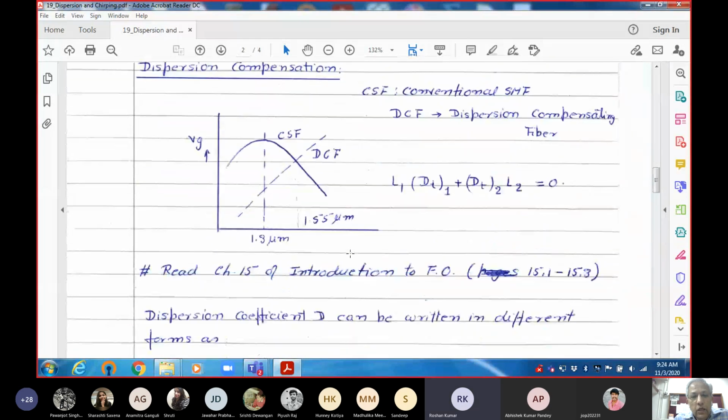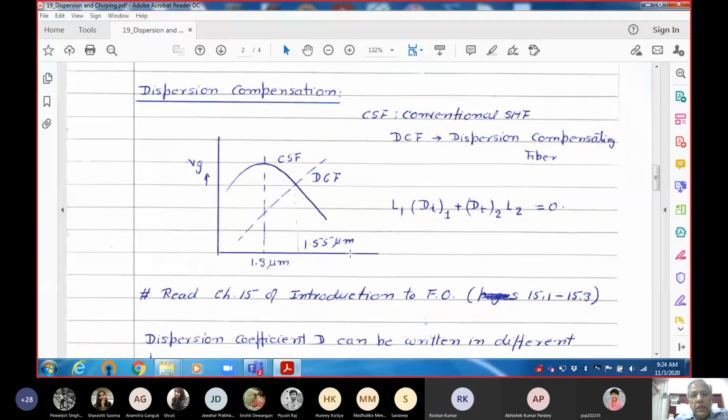So, as I told you, in the second generation, I mean in the 1990s, single mode fibers which were optimized around 1.3 micron were laid down. Till now, most of the communication cables laid down in practice are optimized at 1.3 micron. But now the wavelength of operation has shifted to 1.55 micron. As I discussed earlier, it has certain advantages because at 1.55 the loss in the fiber is minimum.